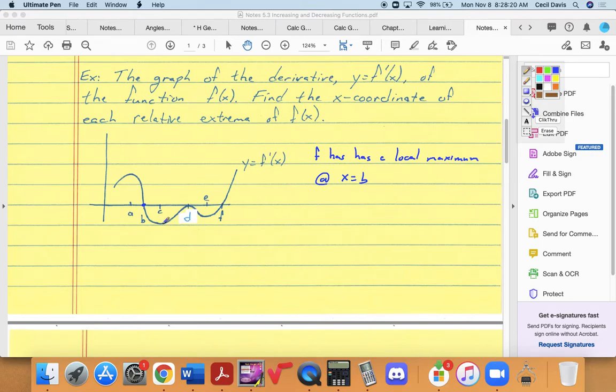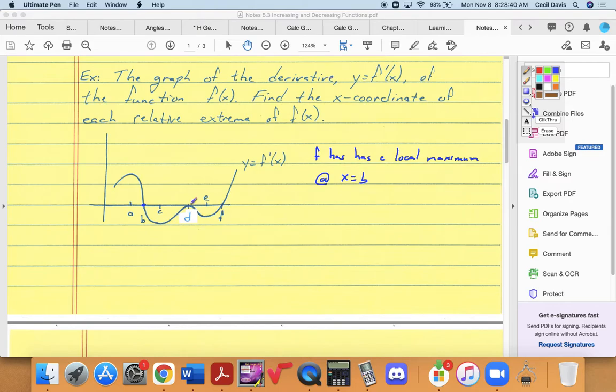Okay, the derivative has a low point here at c. That doesn't cause a maximum or a minimum. Again, we'll talk about these high points and low points, they're actually important, but for another reason. Okay, now when we get to d,